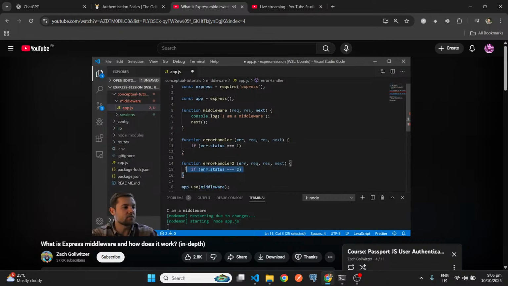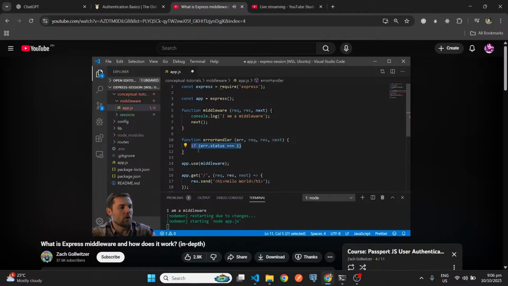We can define as many of these as we want and handle different types of errors depending on the application that we're doing. But what is going to happen here is this error parameter will be populated with an error if it exists. So what we can do is say something like,